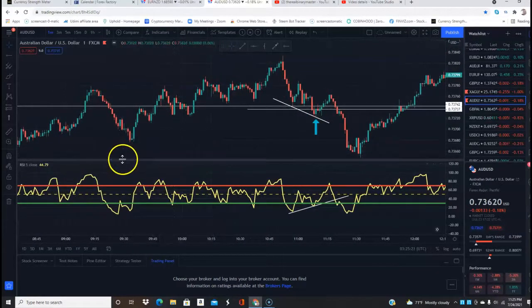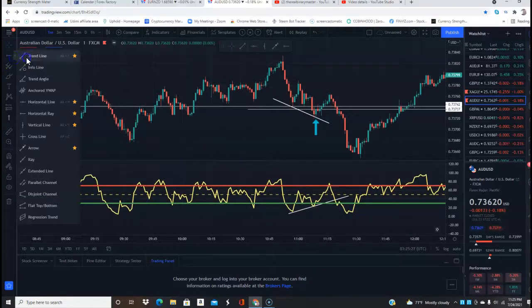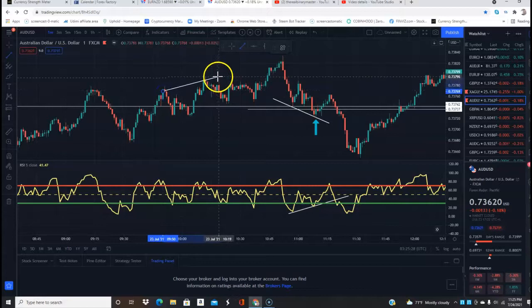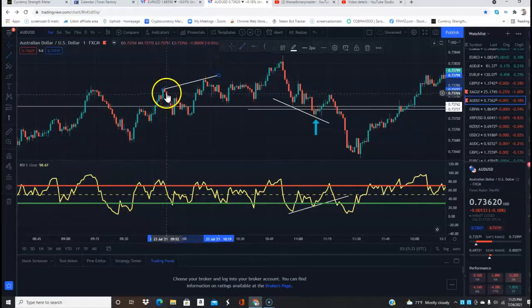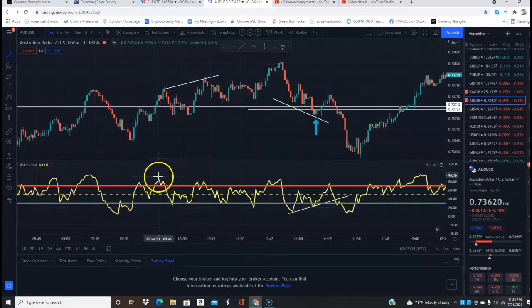Let's see if we can find a bearish divergence, right? I want to see a bearish divergence. I think I just found one. So here we have price here created a lower high, price here created a higher high, but when you look on the RSI,